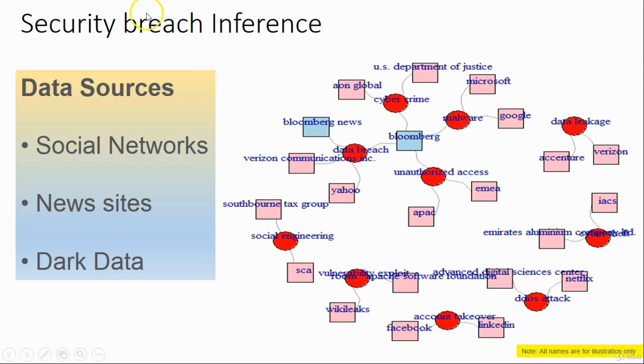To do this kind of work, various data sources are used, from social networks and news sites to dark data. Dark data is data that officially is not usable, but unofficially it is a different kind of data that many hackers try to sell, and it is quite useful in analyzing this kind of situation. Again, just to let you know, whatever names you see, I have put them just for illustration. They have no real meaning. It is dummy names, dummy data, just an illustration.